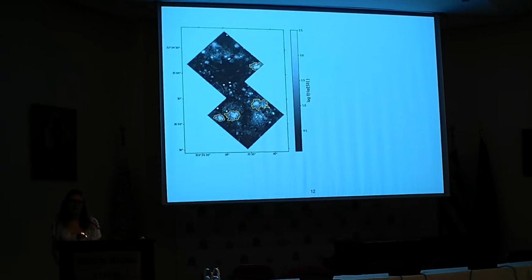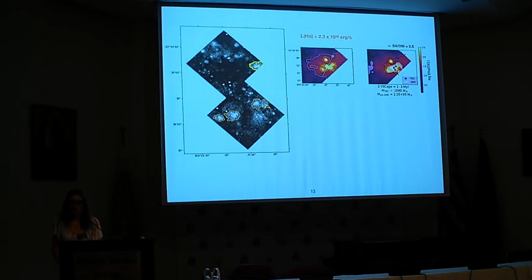Now, I apply this technique to a few of our H II regions in the sample. I will show the result for a few regions. So first of all, we start with a young region. We see that on the top right plot, we have detected a few clusters with HST of the age 1 to 3 million years that are still partially embedded in the GMC. And in black, I am plotting the contours of the S II over O III line ratio, where this ratio becomes equal to 0.5, and this is the fiducial limit that we take for the boundary between the highly ionized inner zone and the outer